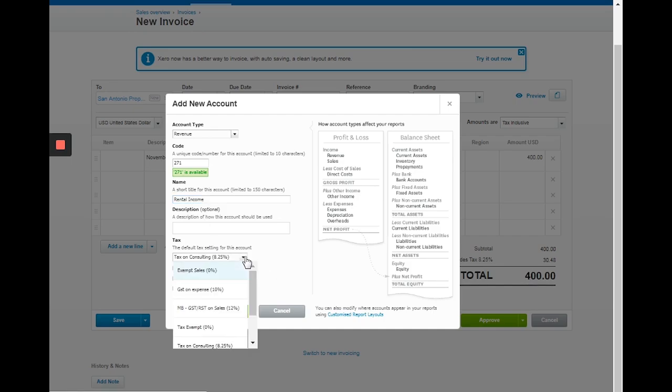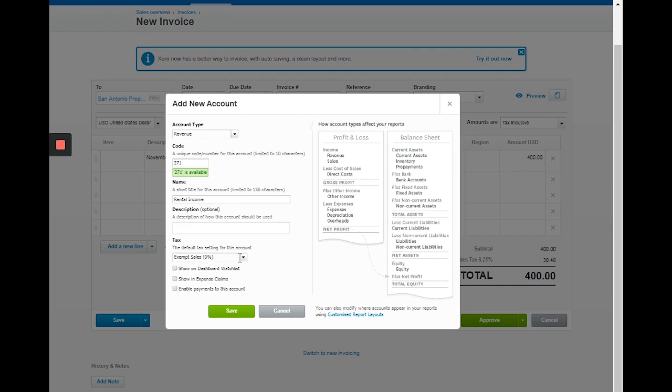If there's a default tax, just choose the default tax. Let's say the default tax is exempt sales, exempt of tax. Then click save.